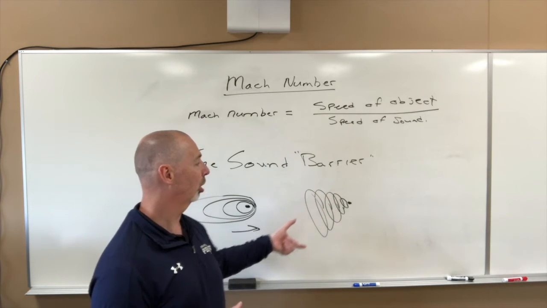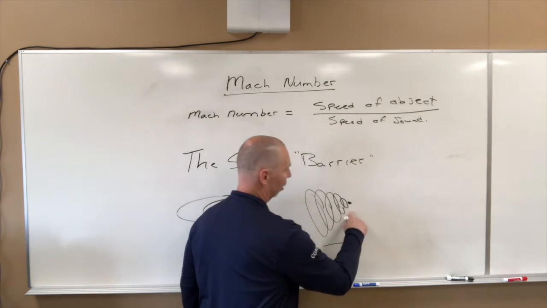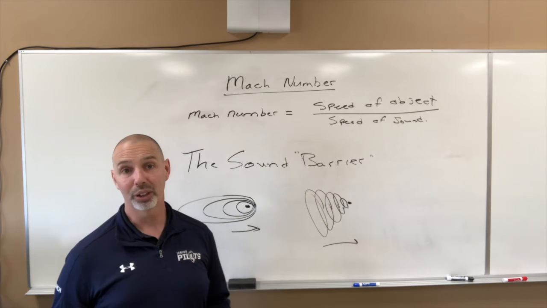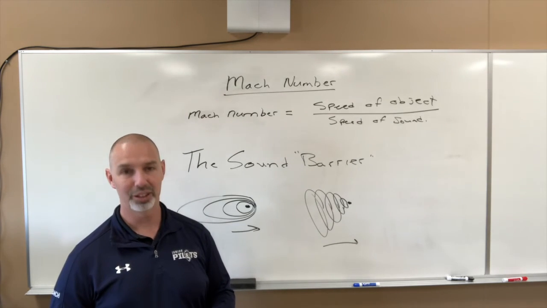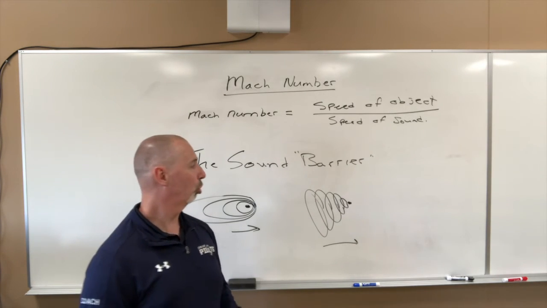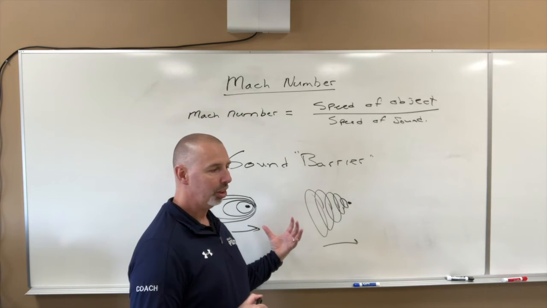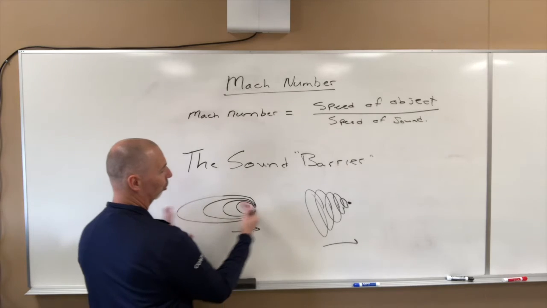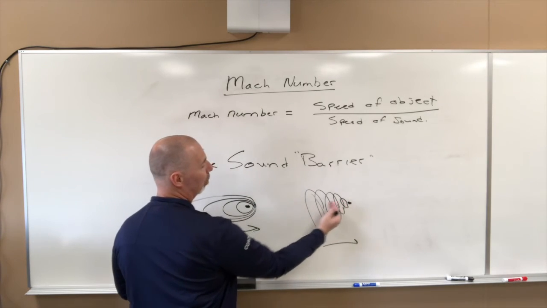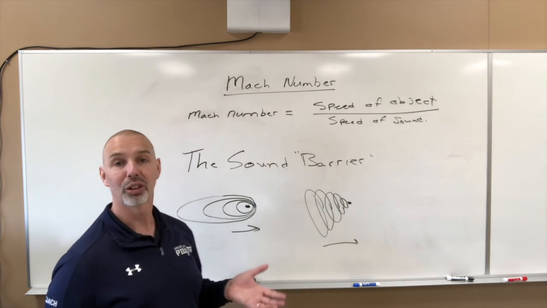And so there's a lot of energy in these waves, but the source of sound, the airplane, whatever it is, is in front of the sound waves, right? Which means all the sound and all the energy is behind it. So now instead of having waves on both sides of the object, you've got overlapping crests and troughs in the back, which gives you lots and lots of energy.